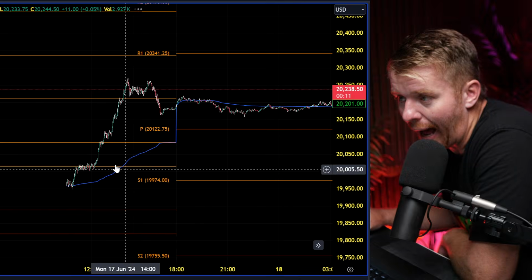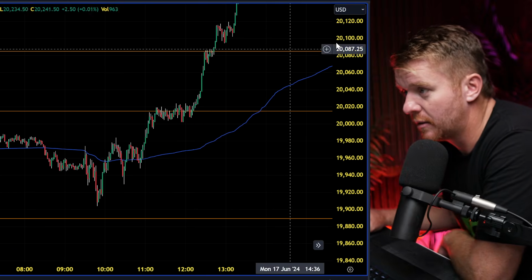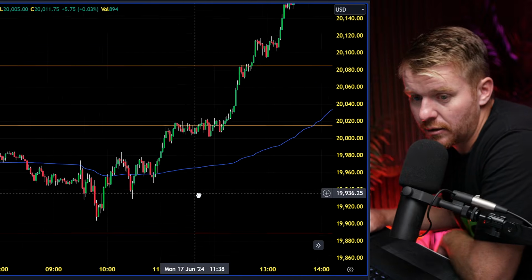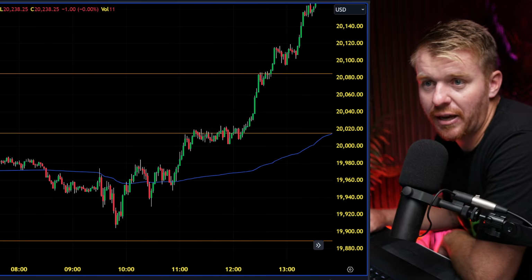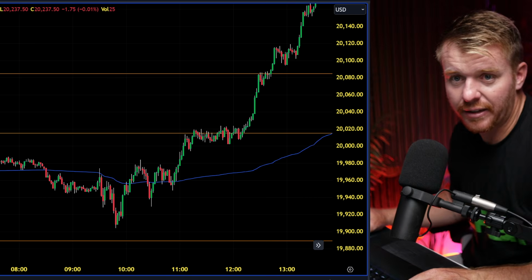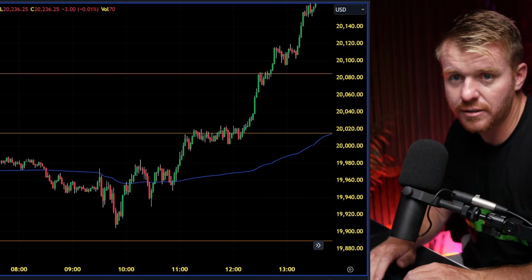And, well, I don't know why. I really don't know exactly why, but for some reason, the market loves these pivot points. The market loves these pivot points. I think it's literally just a mathematical equation. Pivot points